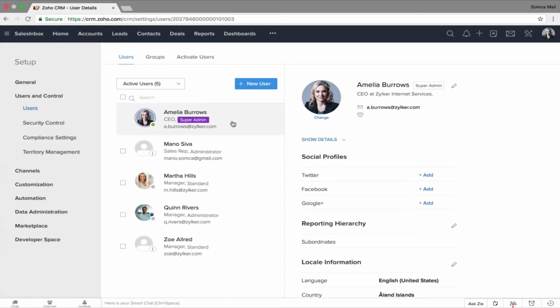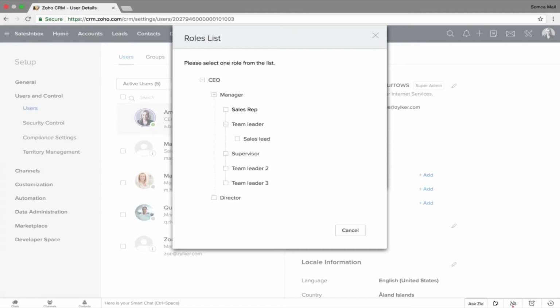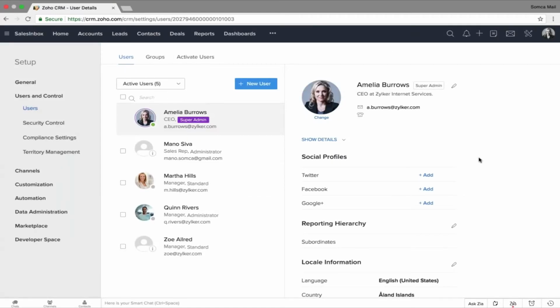So now you can click on the add new user button on the top, and you can fill in the details of this form which pops up. You can give the name of the user and the email ID. So this is where you can choose the role that the user plays inside your organization, and then you have to choose the profile that is suitable for this user. So once you click on save, an invite will be sent to the user,